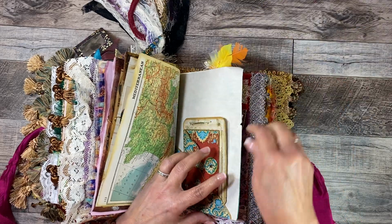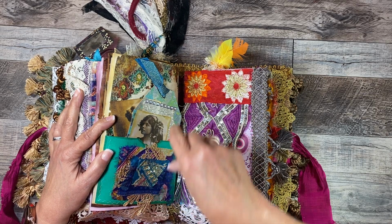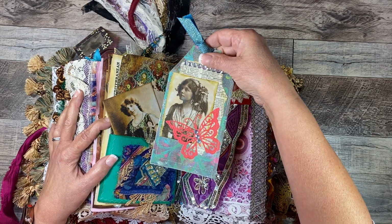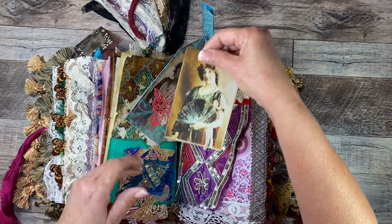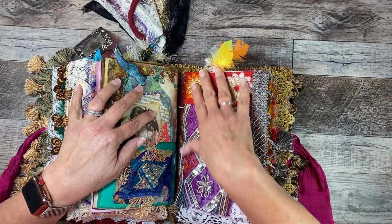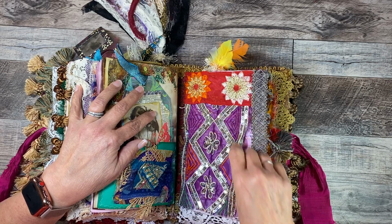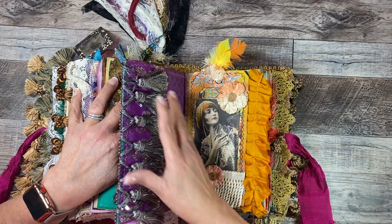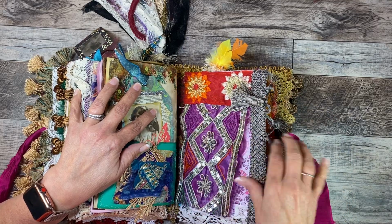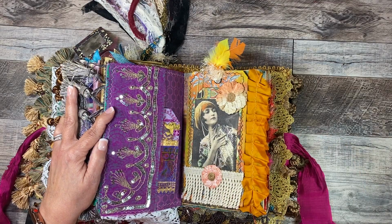And then another picture. This has vintage sari outside the pocket. This has a journaling card that was made with the gel plate and a picture. This has another picture in it. This has some vintage sari that was made into a flip, the trim with vintage trim. And of course, I haven't been pointing out all the different tassels, but there's some there. Of course, there's lace on the bottom. Made that tassel, another piece of vintage sari,